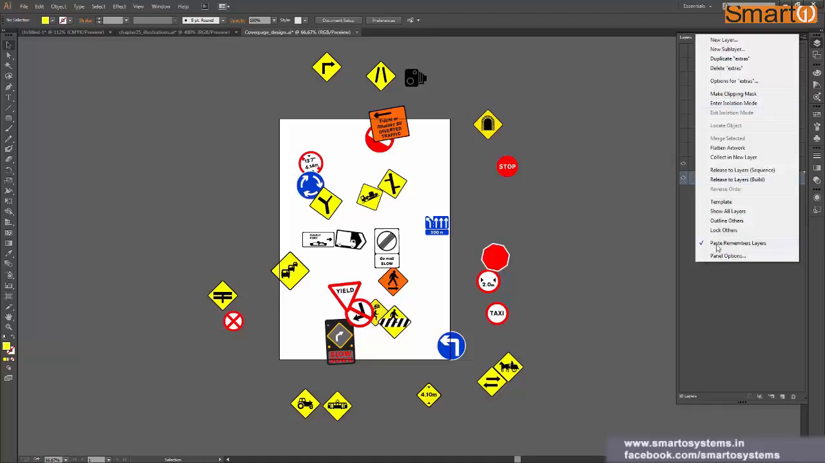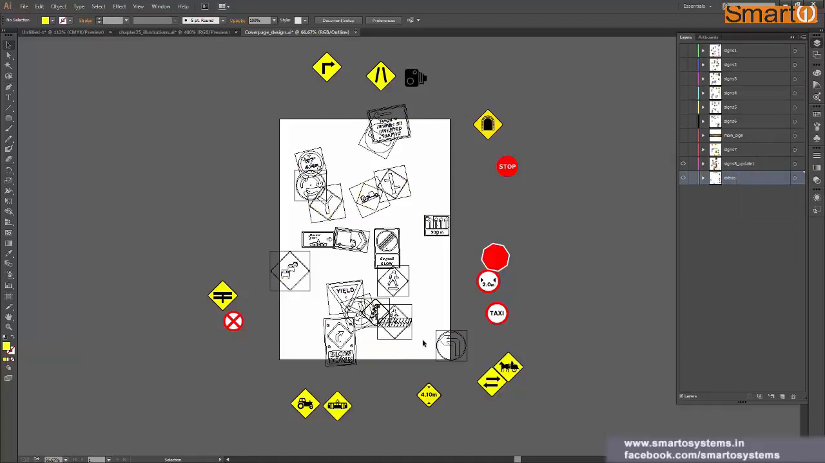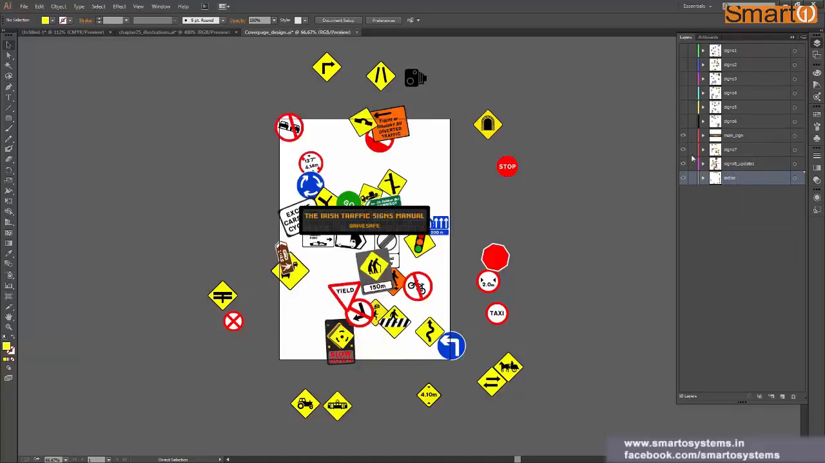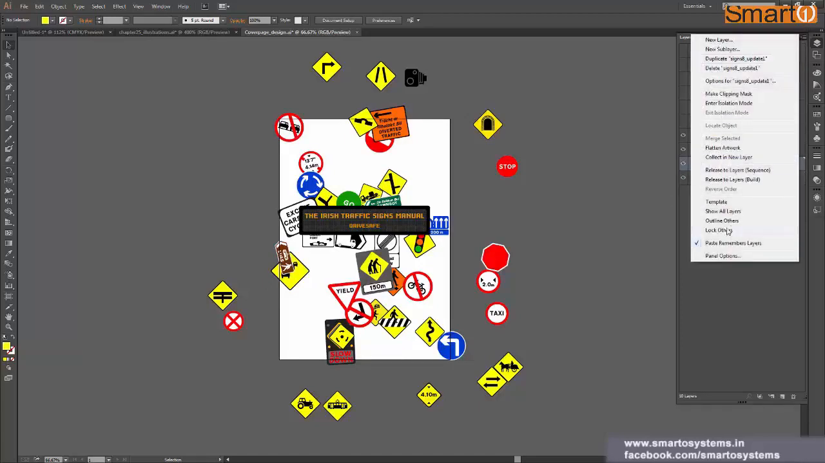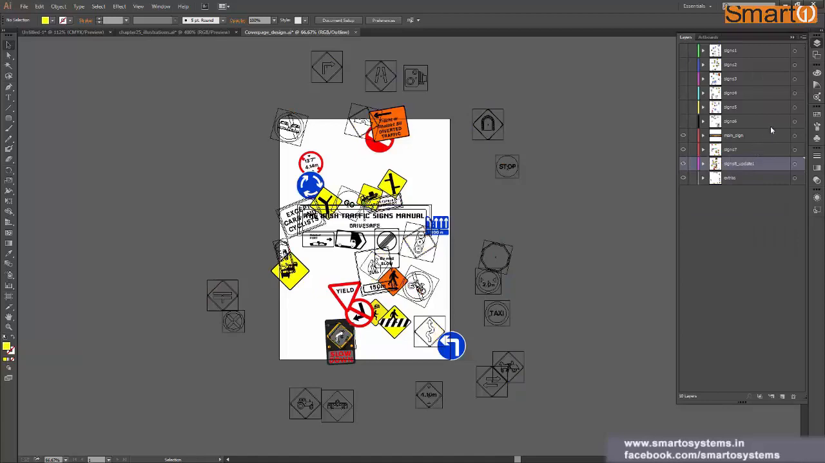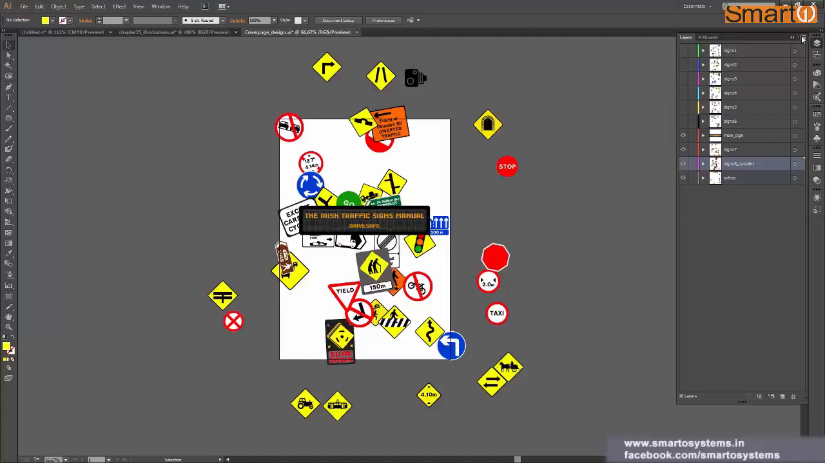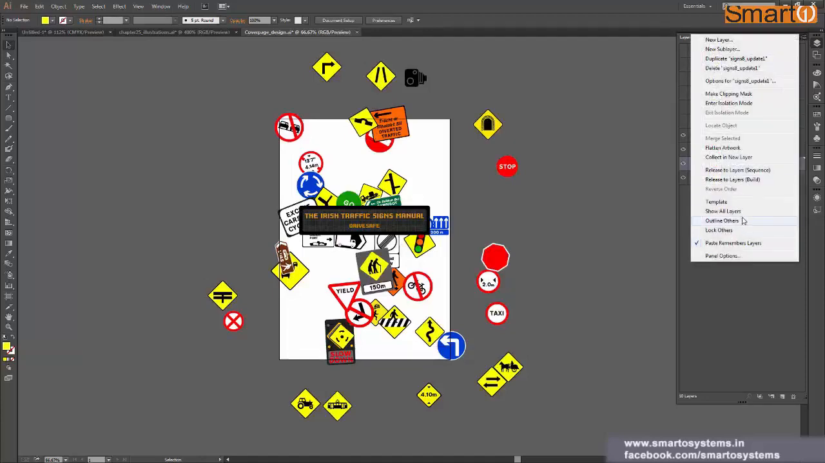Okay, now there is another option which says outline others. How will it work? Let's say right now these 4 layers are visible and I have this extra layer, or Sign 8 layer, selected. Now when I click on outline others, it will show all other layers in outline mode, whereas your selected layer will be visible in preview mode. Okay, so with that understood,